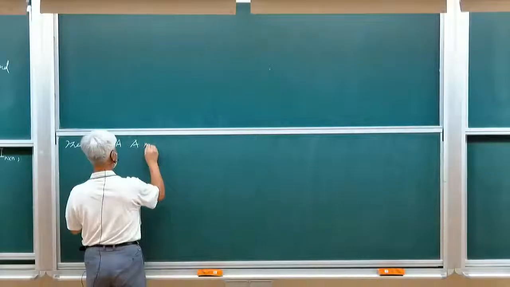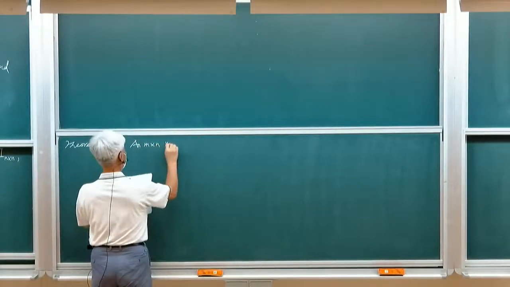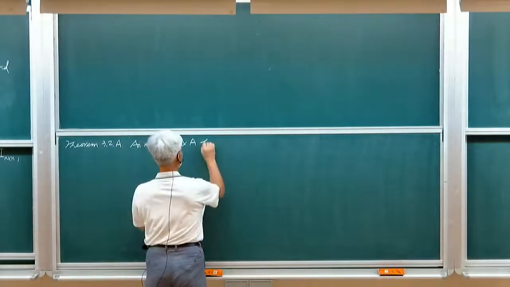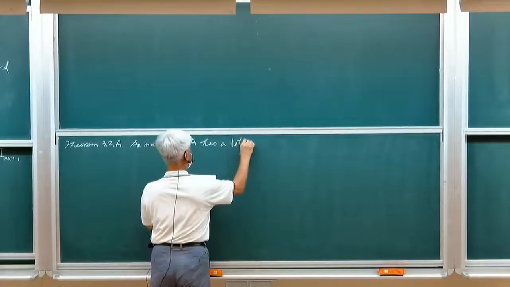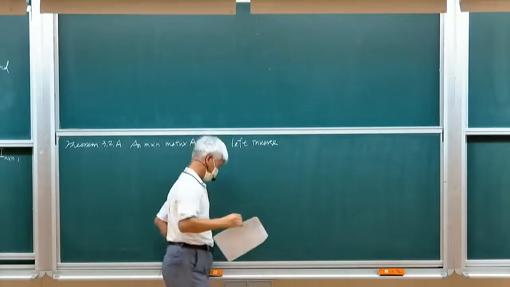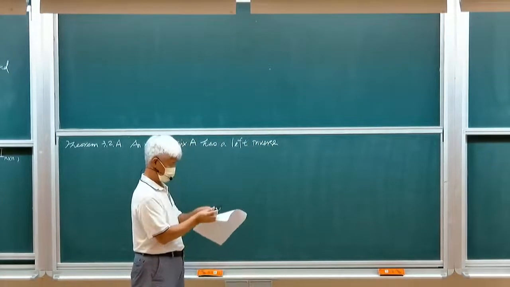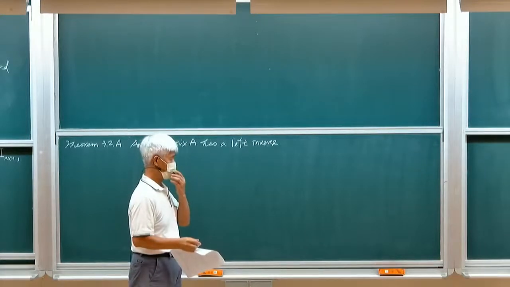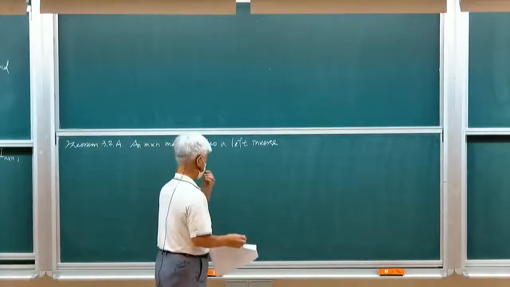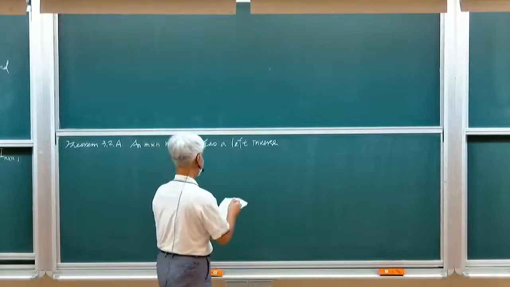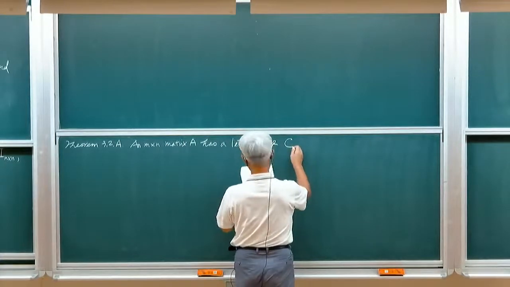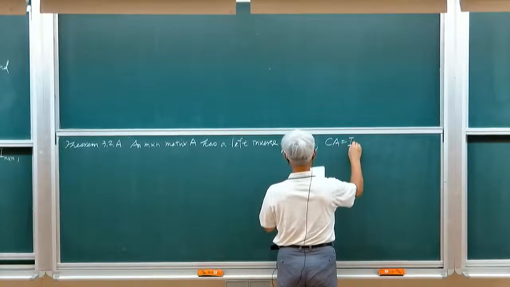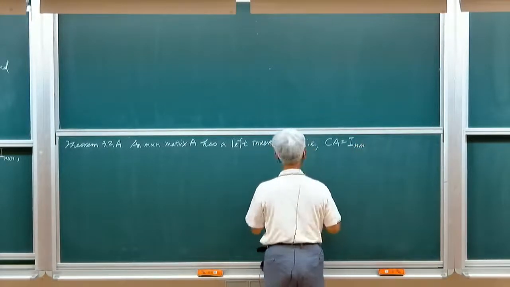An M times N matrix A has a left inverse C, which is N times M, CA equal to identity, if and only if